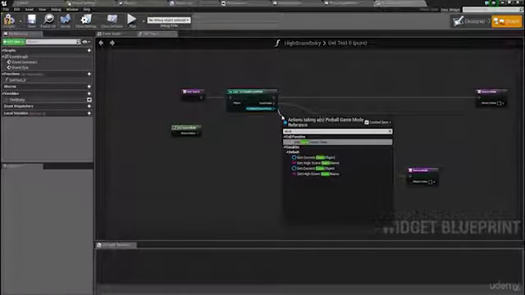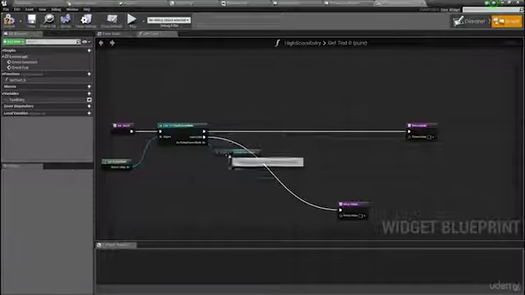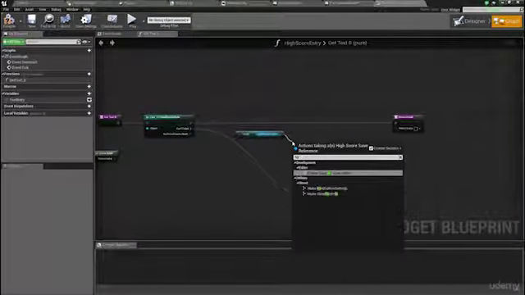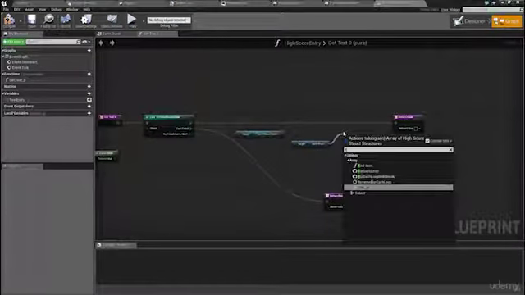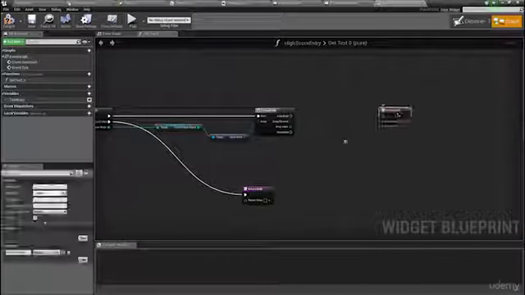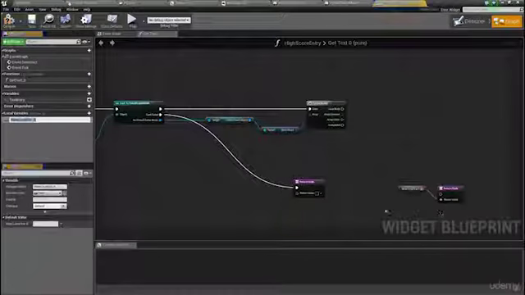Now we can only get into this if the current save object is true, because this is going to get loaded up from that screen. So I'm going to get the current save object, I'm going to run a for loop on it. So I'm going to get structs, for loop, and all I'm going to do is create a new local variable, which is just going to be called output text,